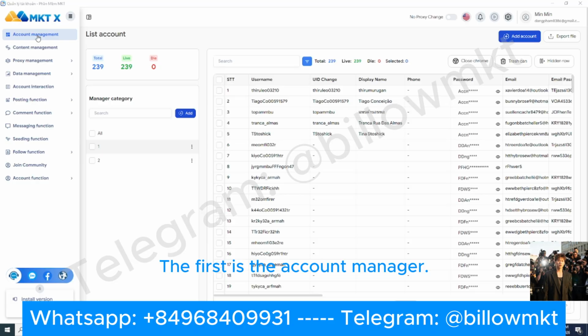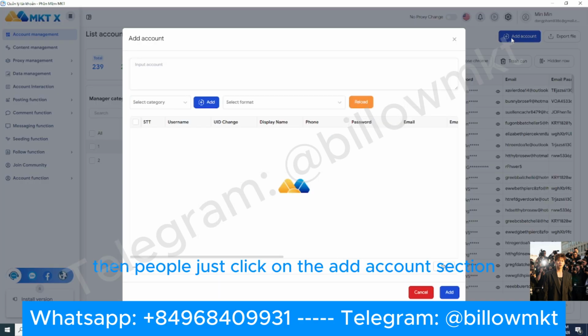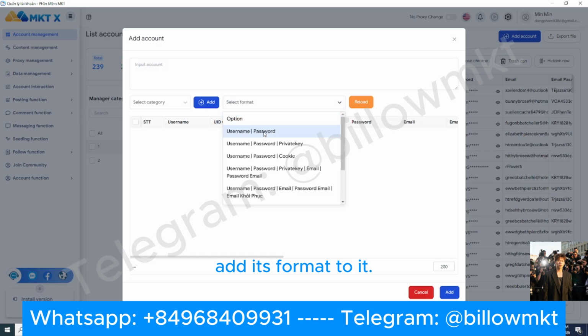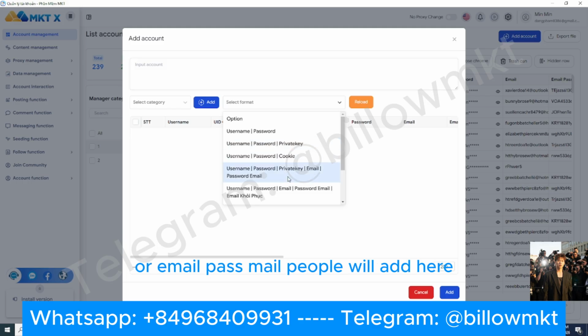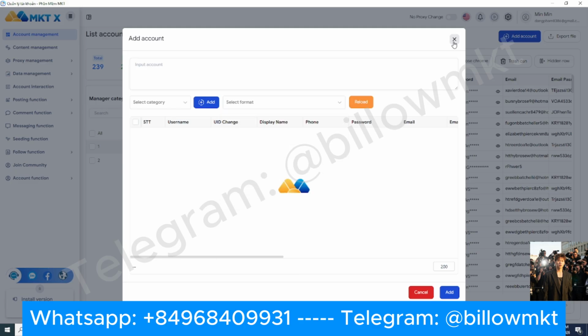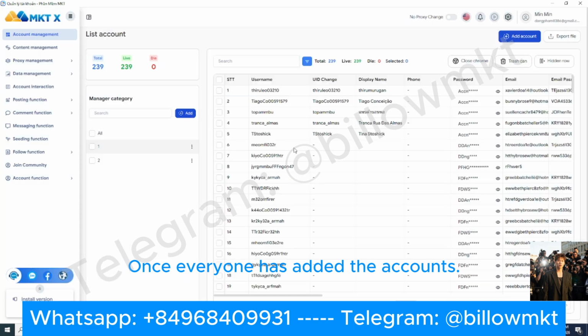The first is the account manager. This is where people want to add an account. People want 100, 200, or 500. Then people just click on the add account section, and everyone will add its format to it. The format here is a link or a Praviki if people have, or email, pass mail. People will add here, and everyone will add one. There are hundreds of accounts, not just adding each account. Once everyone has added the accounts,